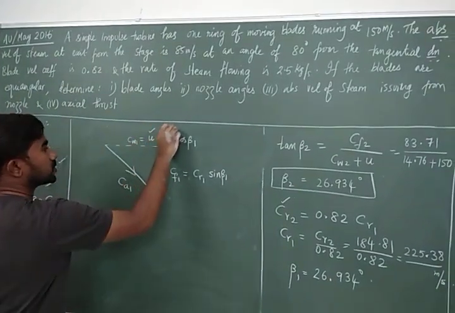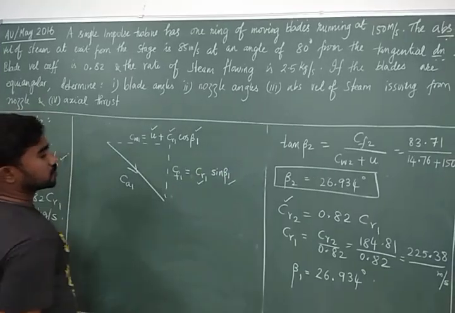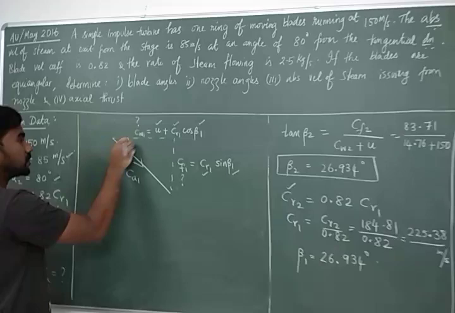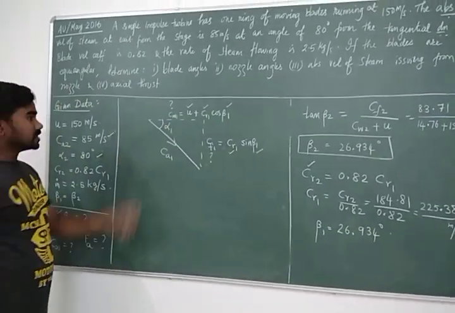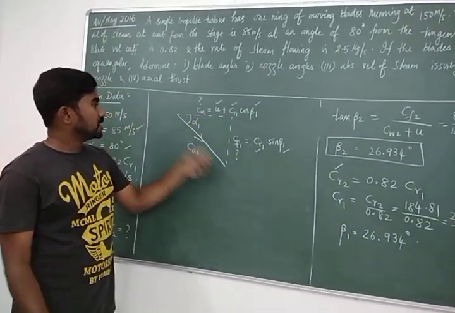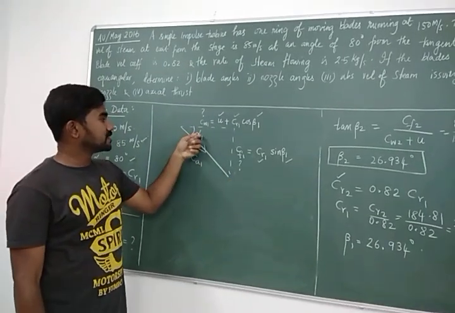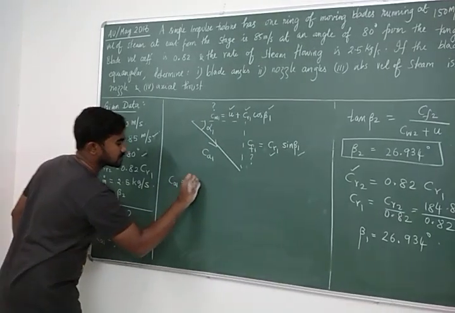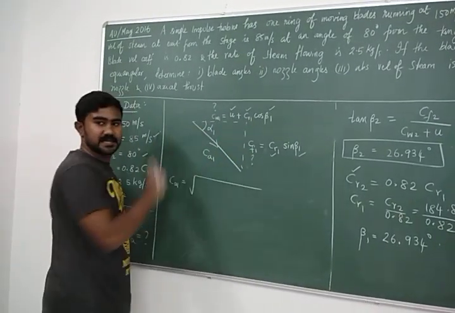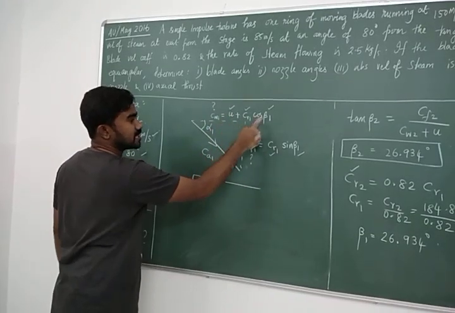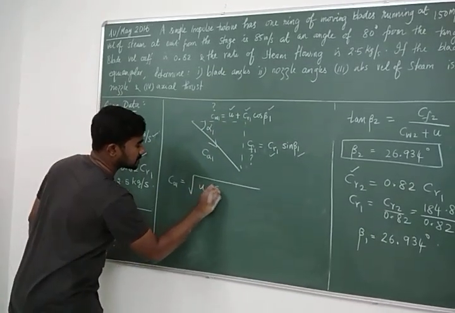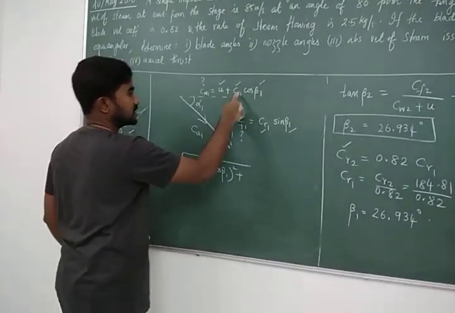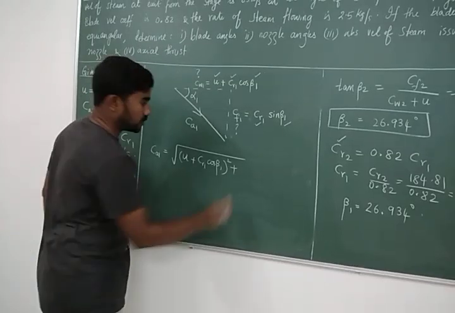Now you know U, you know CR1, you know beta 1. So the horizontal component and vertical component can be found. Once this is found, this angle is nothing but alpha 1. So from trigonometry, these two lengths are known. You can find the hypotenuse using Pythagoras theorem and this angle from tan alpha. So now I write CA1. CA1 is square root of this square plus that square. This length from the figure is U plus CR1 cos beta 1. So U plus CR1 cos beta 1 whole square plus CF1, which is CR1 sin beta 1